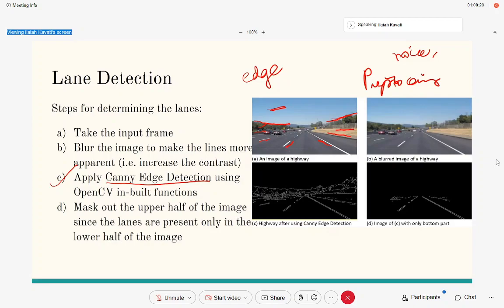Now, the output of this Canny detection algorithm: you can observe here these sharp edges, the white colored ones. See here, these are all sharp edges. You can see from the input image to image C, these are the identified edges. Now